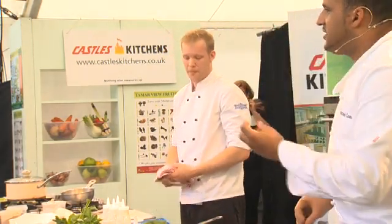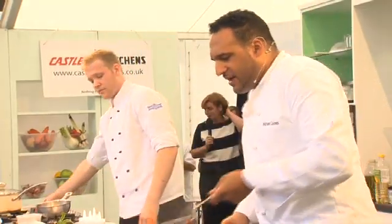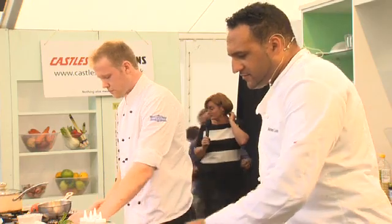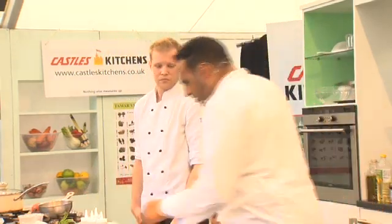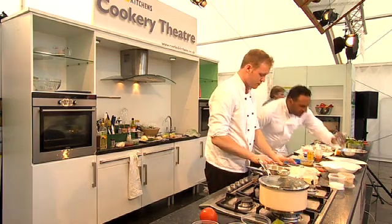So in the pan, some nice seasoning, salt, pepper. Always cook in the seasoning when you're cooking. Get those flavours of the basil going through as well. This second pan here, just swap around. We're going to get it nice and hot for the cooking of the scallops. Do you want to cut that in half for me, Jane? So on the plate here, we're going to create some nice...